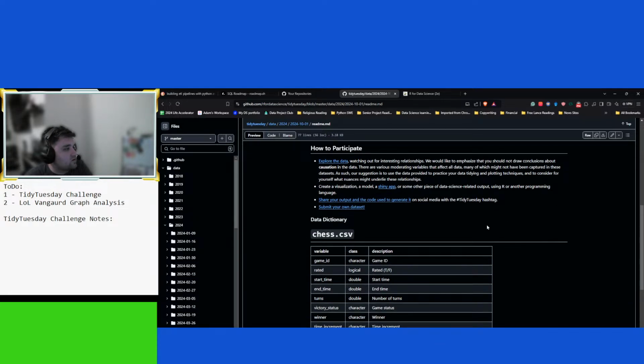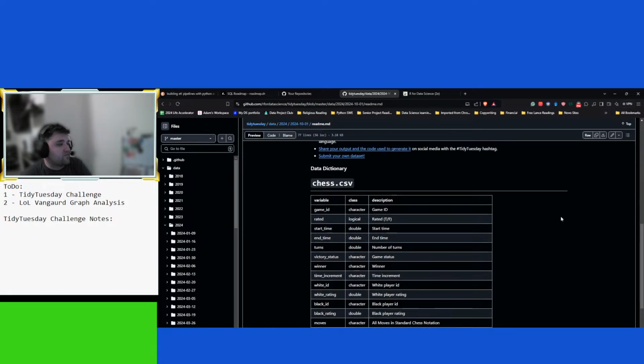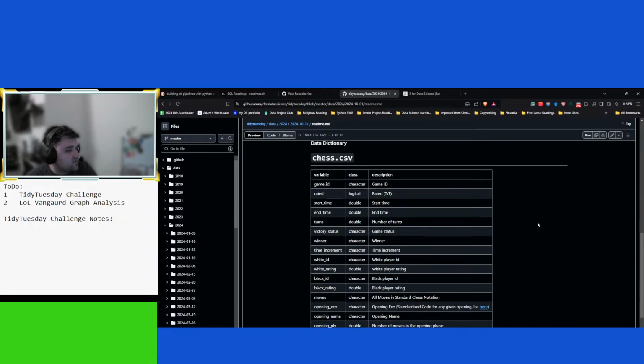Okay, so right off the bat, the data dictionary is super important, because this will tell you what each and every column means, so that way you know what each column represents, and in turn what each row represents.